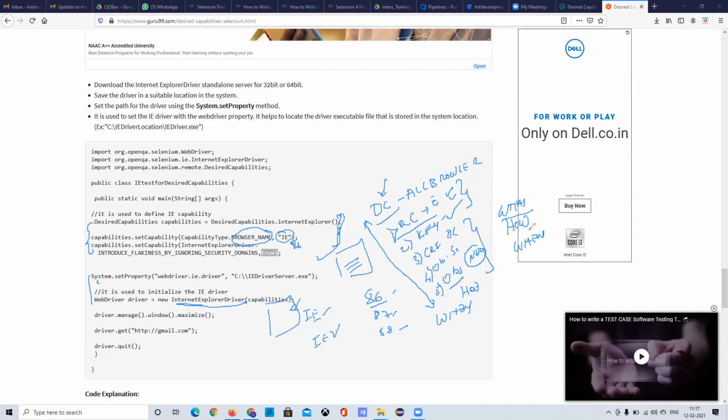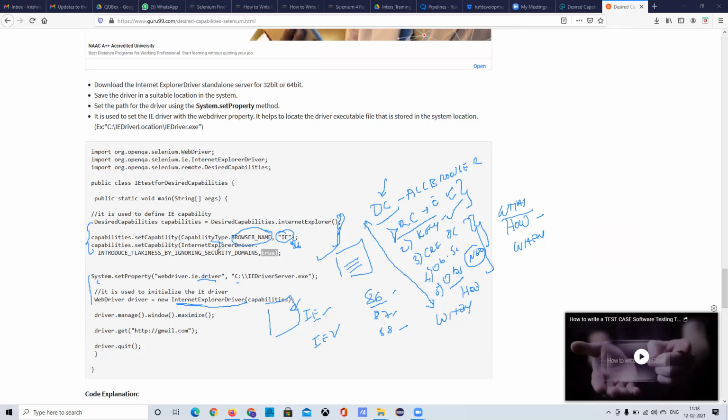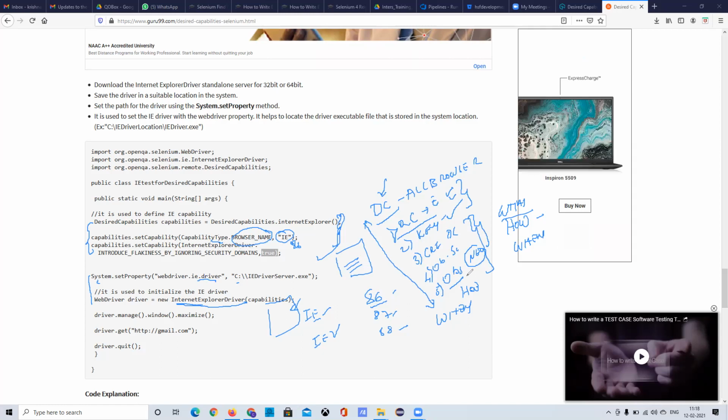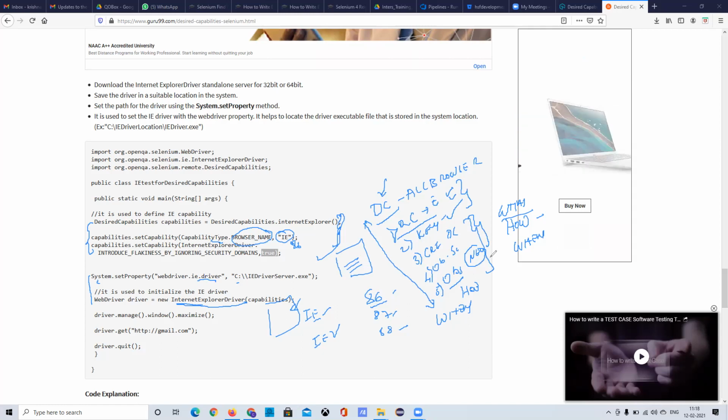And how do we implement this? We create a desired capability object. DesiredCapabilities is a class, and for this object I have the respective set capability method. I set the capabilities on that object, and that object is passed to the browser driver. This is how we implement it.